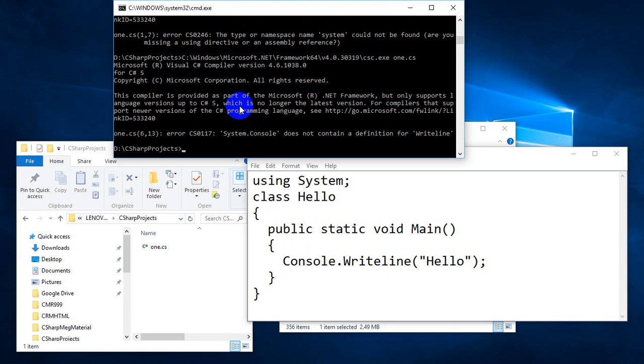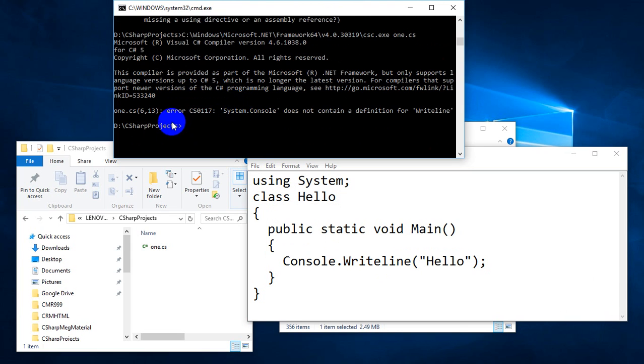This time we got a different error, and see here we got the error in 6th line, character 13. So 1 2 3 4 5 6, and this will be the character 13. It is telling you that System.Console does not contain the definition for WriteLine.